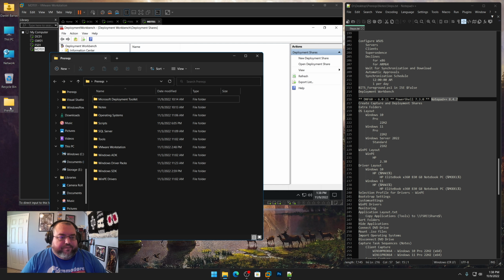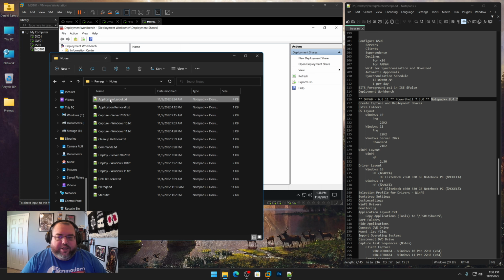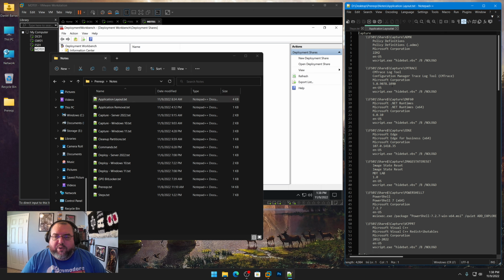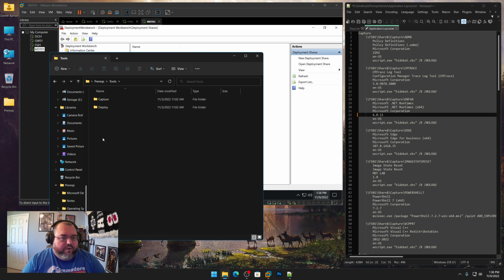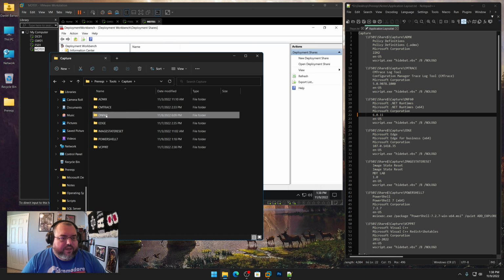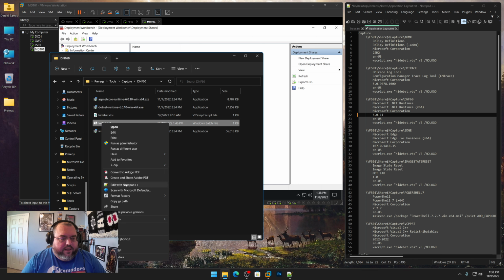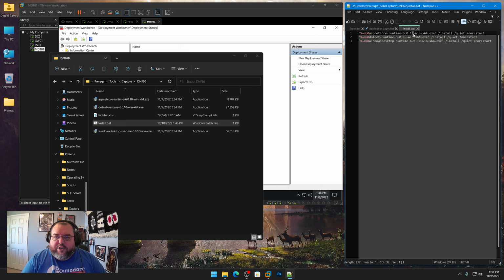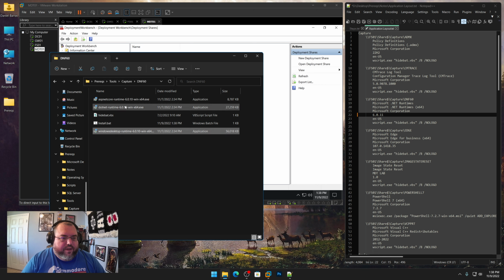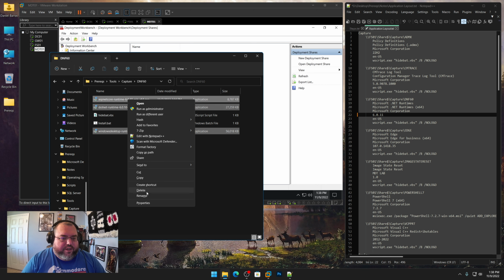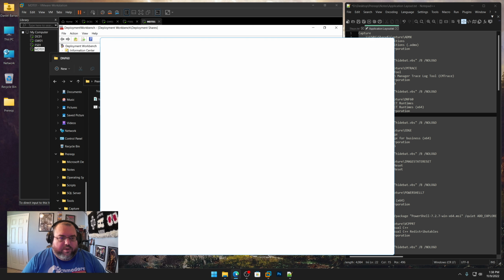We'll go to our notes, application layout, okay? And we're going to go through here and change this to 11. We're going to go to our tools folder, capture, DNF 60. We're going to shift right click this, click edit with Notepad. We're going to change this to 11 in the install bat. Save that. We're going to remove the 3 files that we have here, shift delete. We'll go to